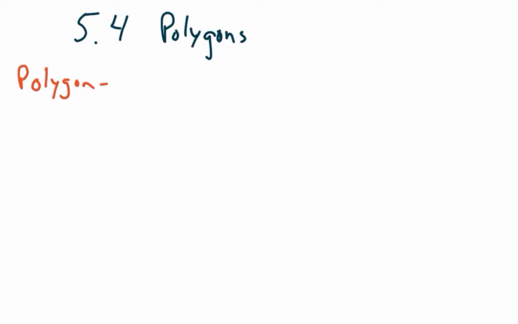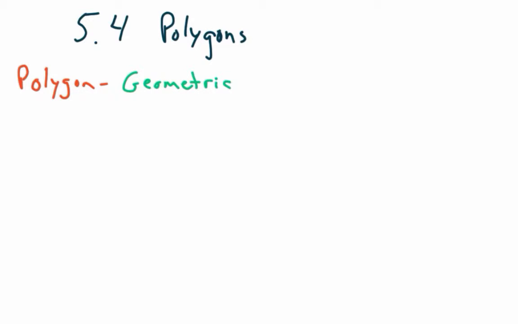So this new section is polygons. Chapter 5, section 4, polygons. It's supposed to be an O. Polygons. And poly just means many. So really we're looking at many-sided objects. So the official definition is a geometric figure